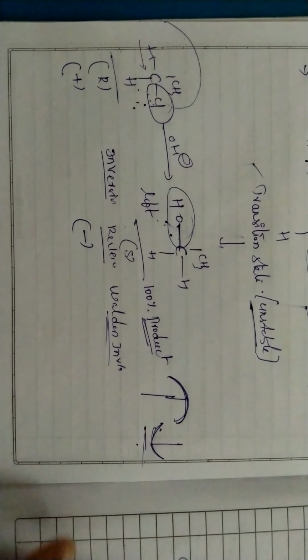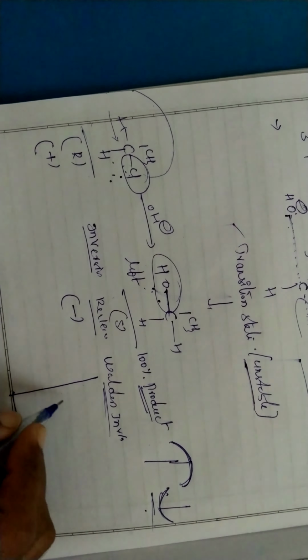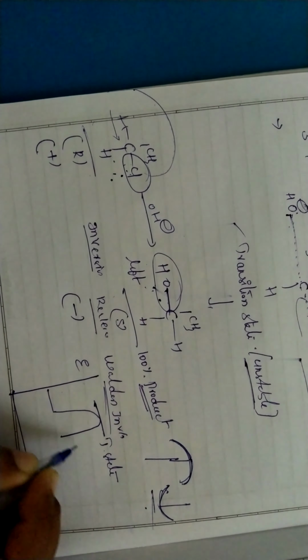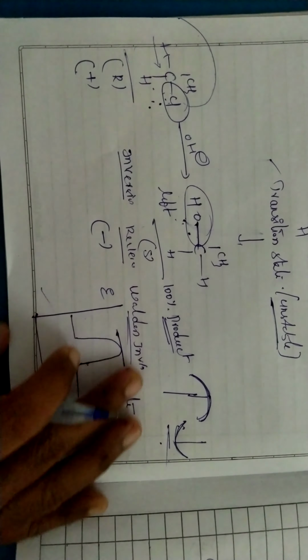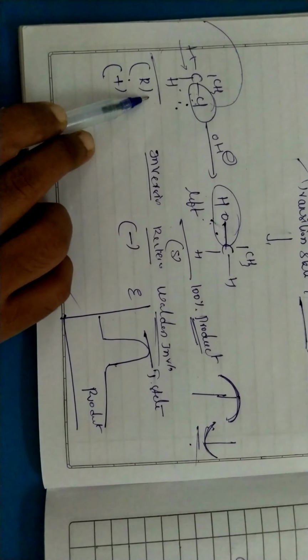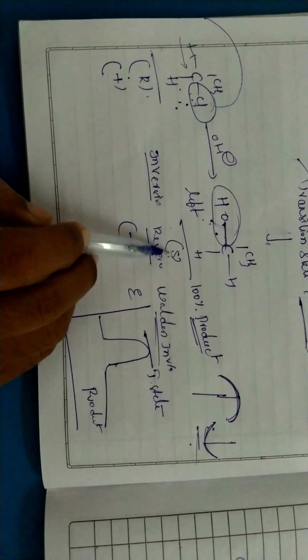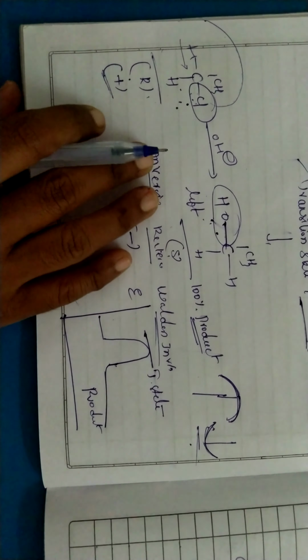If you take the energy profile diagram, in SN1 we get a very stable intermediate, but here the intermediate, that is the transition state, is very unstable. Unstable means energy is very high, so here we get the transition state. After that we get only one product. This is about the energy profile diagram. And stereochemistry, what about stereochemistry? We have already discussed it here. If you take the R reactant, we get exactly the opposite, S. If you take the plus reactant, we get the minus. So this is the stereochemistry of the SN2 reaction.